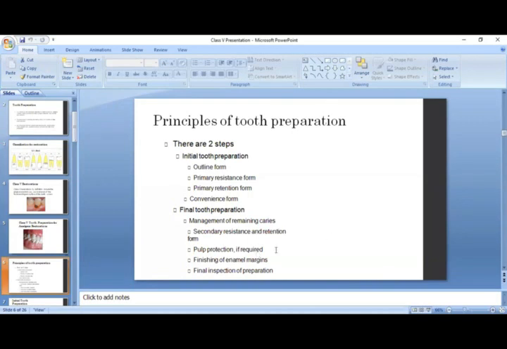Third is basically pulp protection. Please keep this in mind that we are designing a cavity. Pulp is basically a structure which is beneath the dentine. Where the dentine ends, the pulp will start. So you are not supposed to take so much dentine that you nearly encroach or enter the pulp vicinity. That is not the goal of the restoration.